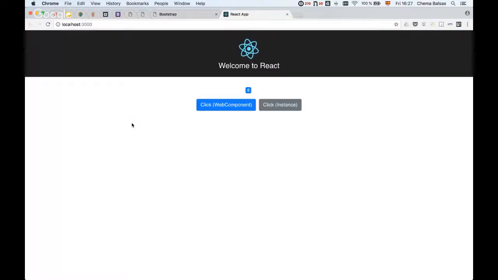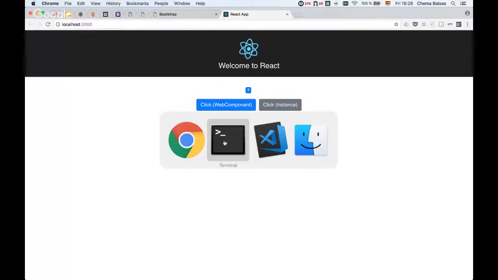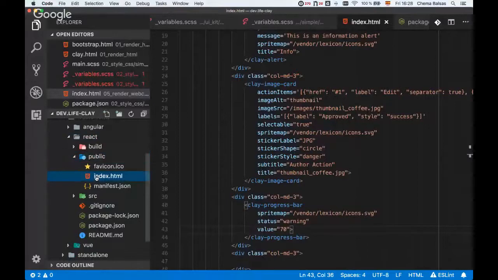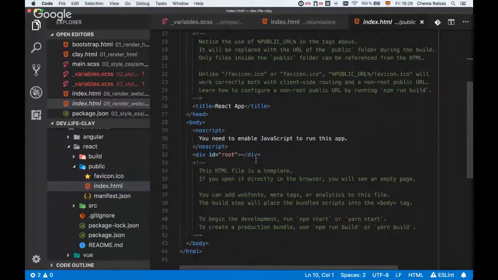This is just a pure React app with a normal setup. There's nothing specific for Clay here. And then it has really just some buttons, updating a counter there. But if you look under the hood, at how this is built, again, this is just